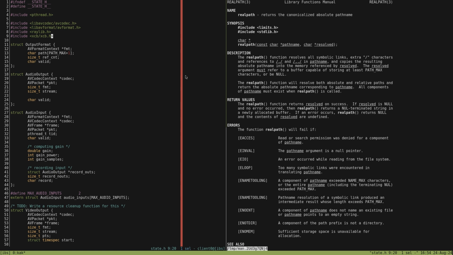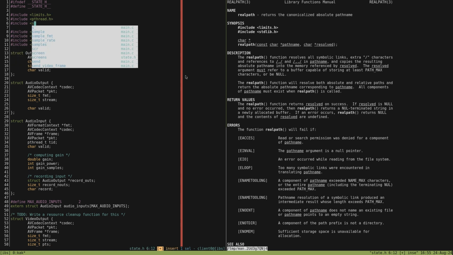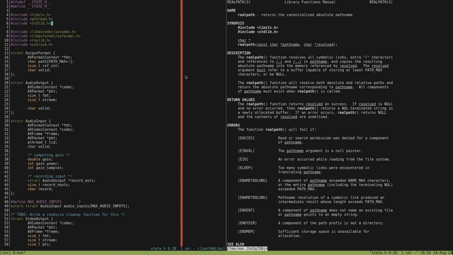I presume the buffer needs to be able to store a null terminator. Where is this from? Limits and standard lib? Okay. We probably don't need standard lib, but whatever. Okay.